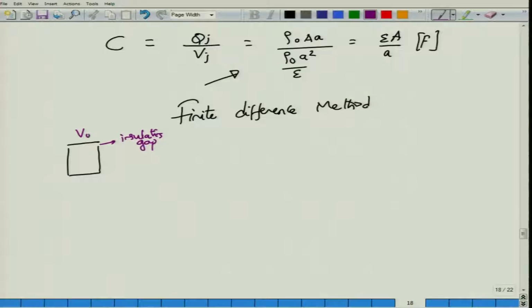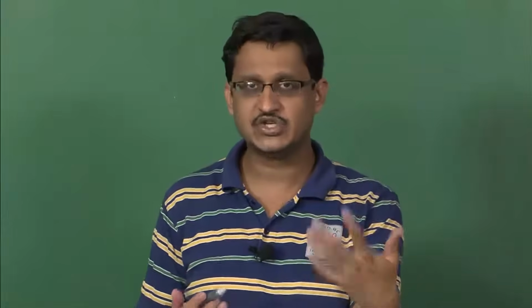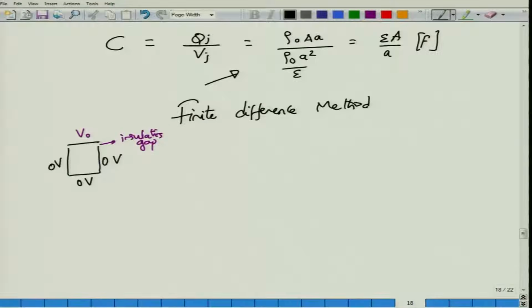and one edge of this gap is kept at a potential say V0, and all the other edges are kept at 0 volts. Okay, so we keep all these at 0 volt, and you have to simply imagine that this is just going on top. So what we want is the potential V of x,y inside this trough region. Okay, so for our case we will simplify the problem saying that the dimension along z is not really important for us, it will be uniform, we will simply assume that, and what we want is the potential V of x,y as well as the electric field inside this particular region.